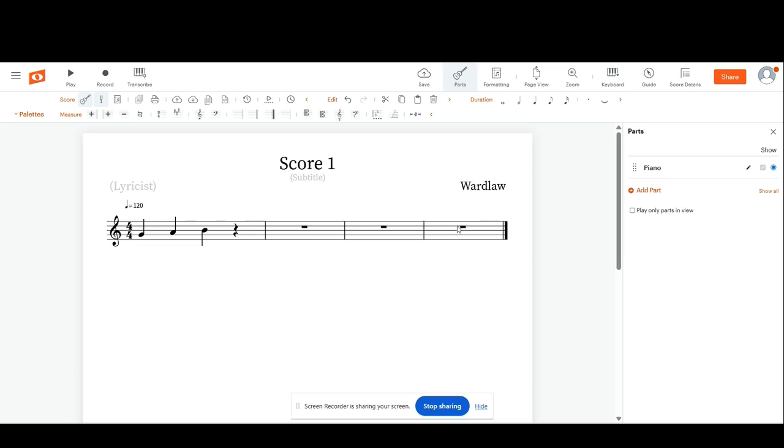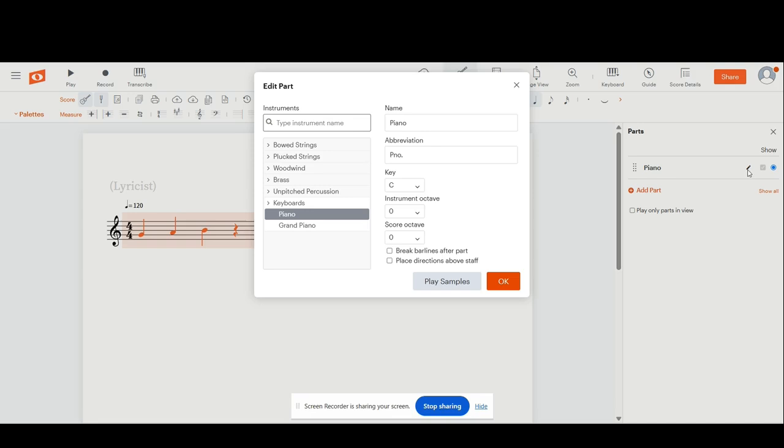For now, we're just going to stick with one piano, but I want to change it. I'm going to come over here to this little pencil icon and click Edit. Now, maybe you want to do ukulele. That's not an option on here. I find that out by typing ukulele, not up there. But if I type guitar,